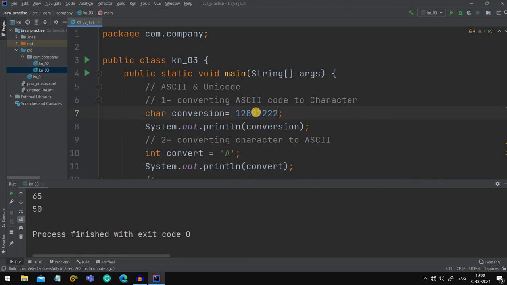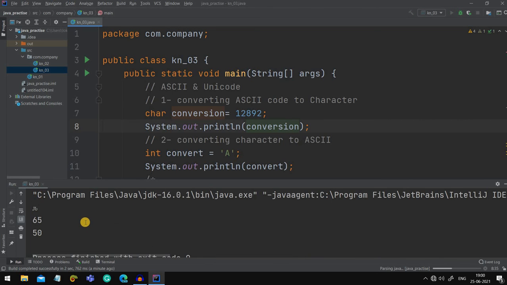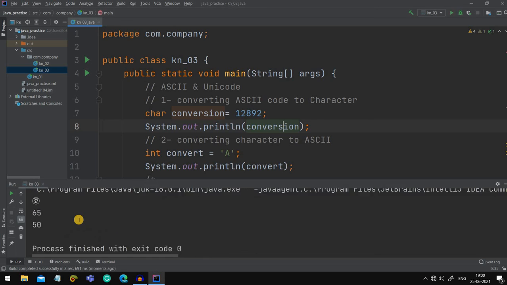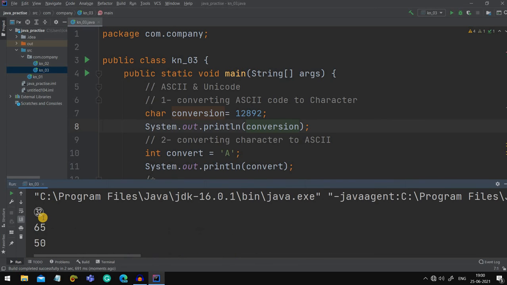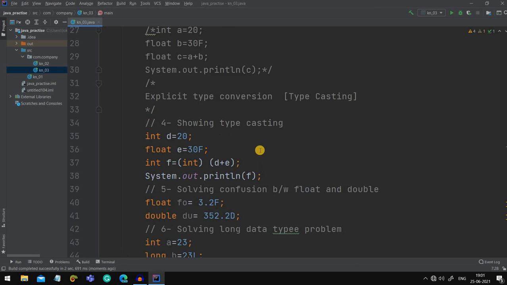So you can try it with larger numbers also. Let me try it. Okay, there is an error, not too large. Let's run it. Okay, you got another sign. So simply there are some new characters which are added to it. Use this type conversion, typecasting.